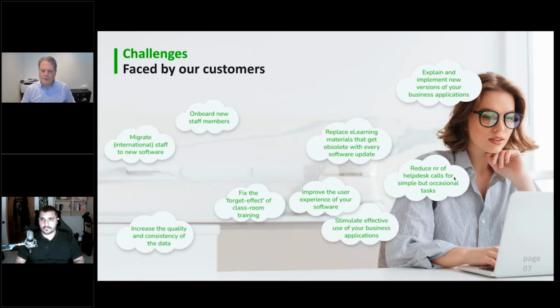And those employees wanted to know, what is the balance of my holidays this year? That's a simple question for Workday, but the help desk of this company got 2,000 calls every day about this same question. So this is a simple, rarely occurring task that can really easily be solved with digital adoption.